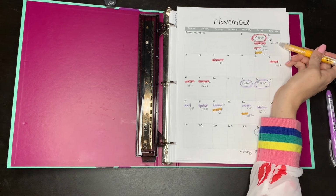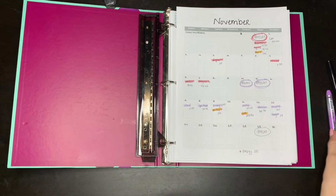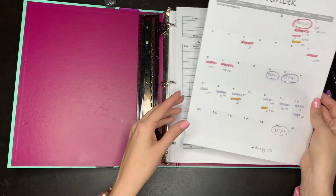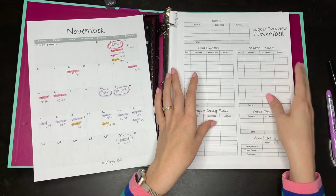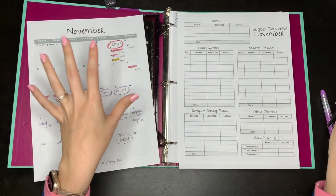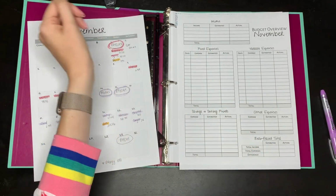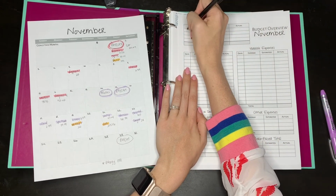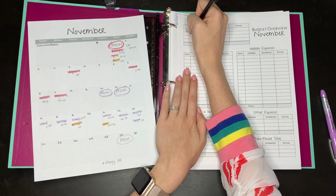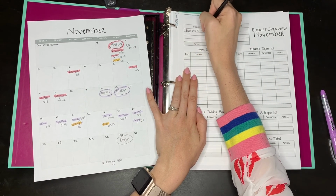It used to be at the end of the month, now it's at the beginning. So I haven't decided which paycheck I am gonna be using to cover that, but we will figure that out next. So here is where I take everything here and I put it here. This helps me know what is being covered by the paychecks and how much I have to use for that. So this will be our first paycheck, which is on 11/1,